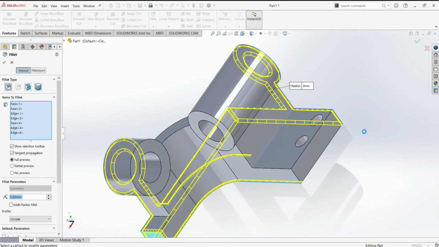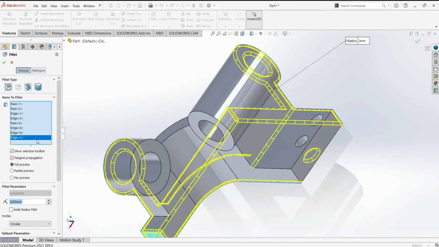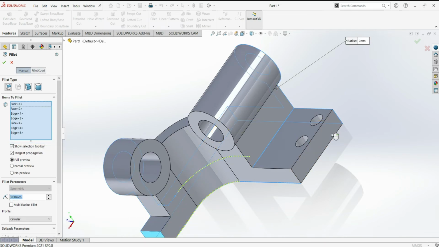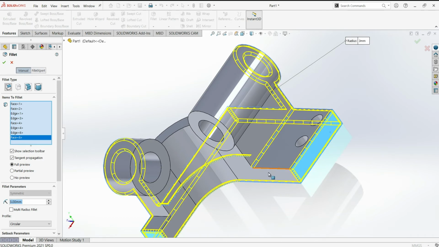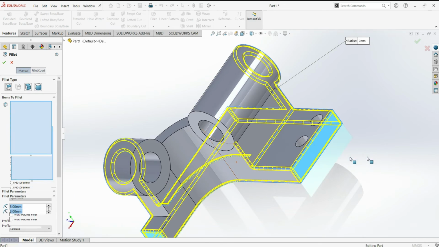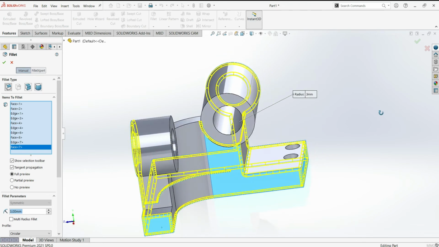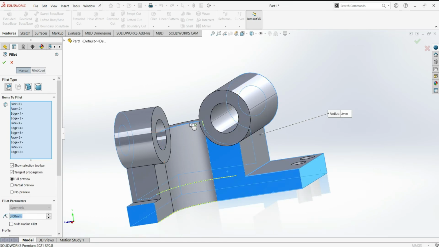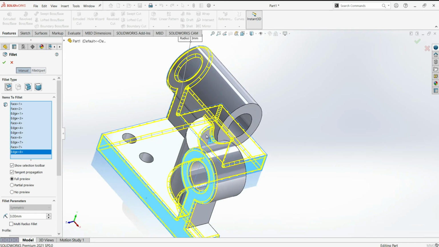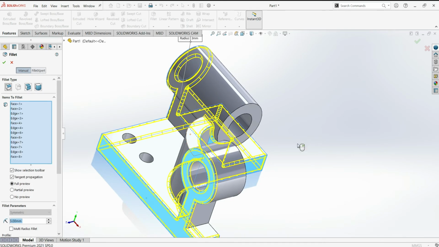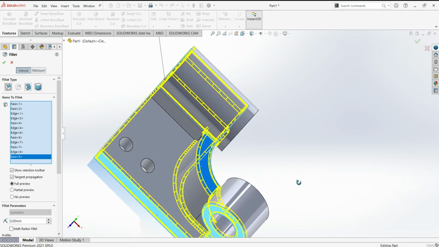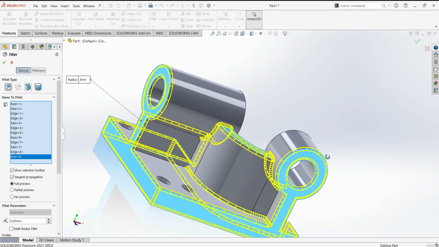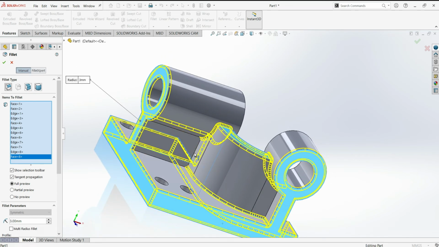Let me choose this edge as well as this face. Sorry, this edge is selecting. Let's delete this, select this face, as well as select this edge, this face, and this edge. Let's select this upper face. So it's selected all. Now this edge was remaining.